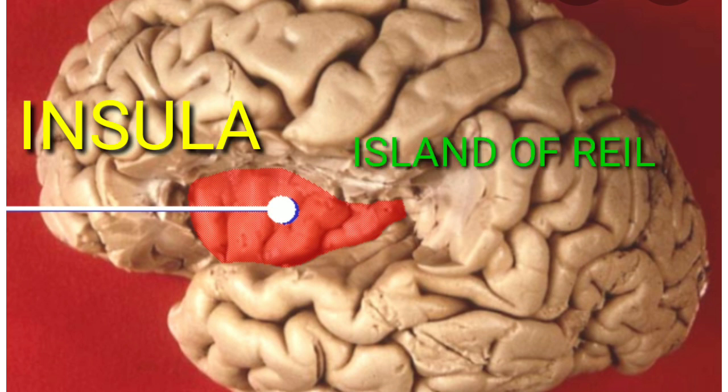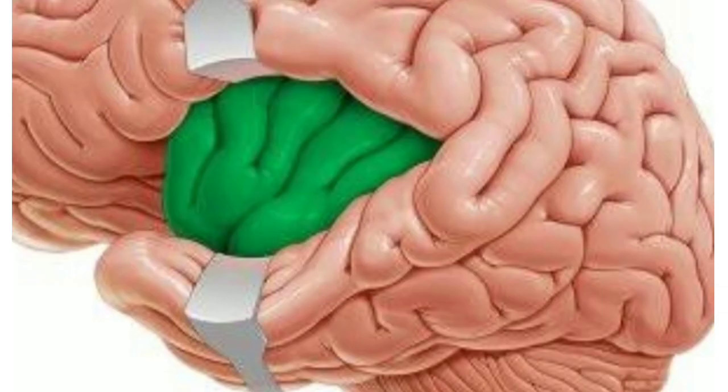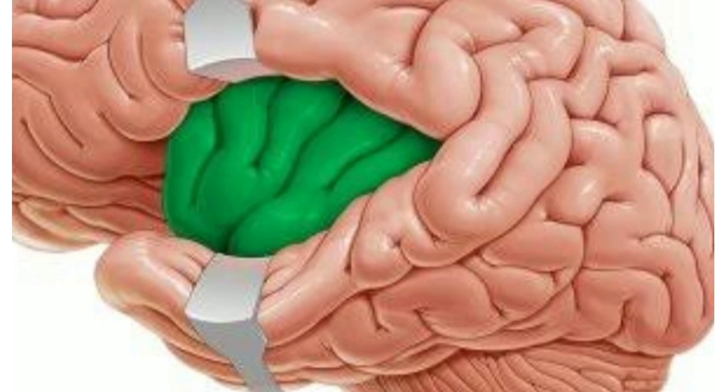The word insula means hidden. The insula is the submerged part of the cerebral cortex in the depth of the stem and posterior ramus of lateral sulcus. It forms the floor of the lateral sulcus. It has been submerged from the surface during development of brain due to the overgrowth of the surrounding cortical areas and can be seen only when the lips of the lateral sulcus are widely pulled apart.